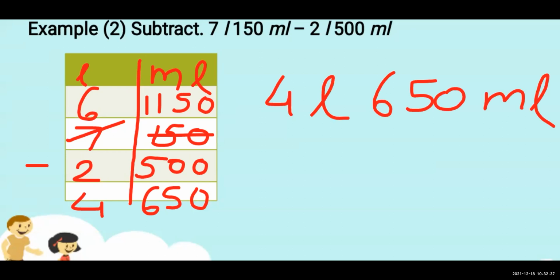We can't subtract 500 milliliter from 150 milliliter. We have to convert this 1 liter into 1000 milliliter, as I explained in the note that 1 liter equals 1000 milliliter. So 150 will become 1150. Then from the liter, 1 liter was given there, so how much will remain here? 6 liter. So from 6 we have to subtract 2, and from 1150 we have to subtract 500. In this way we are going to do the subtraction sums. Okay. Now copy down these example sums in your notebook, and then we'll start with our problem set.